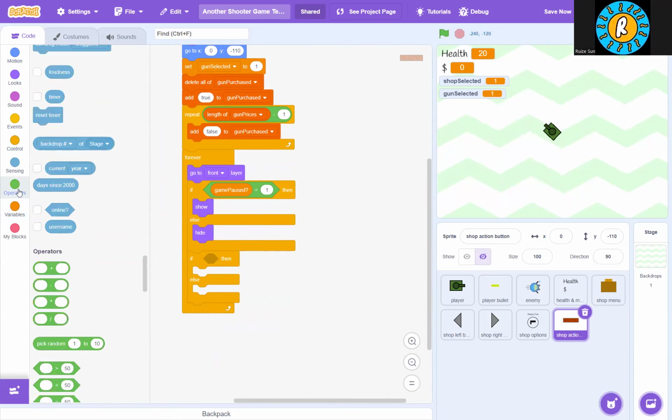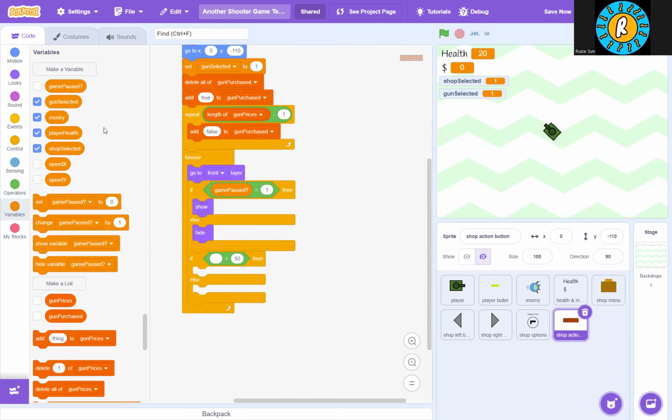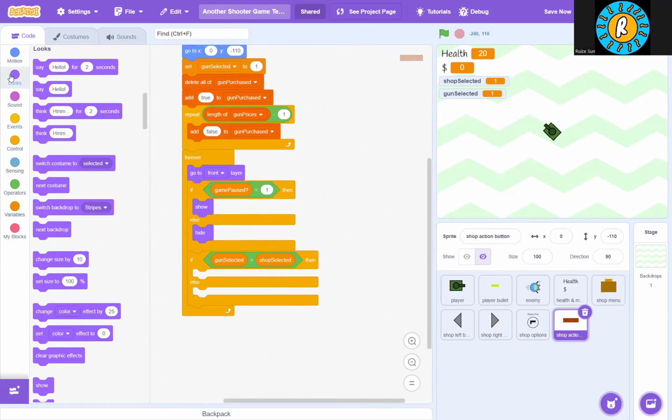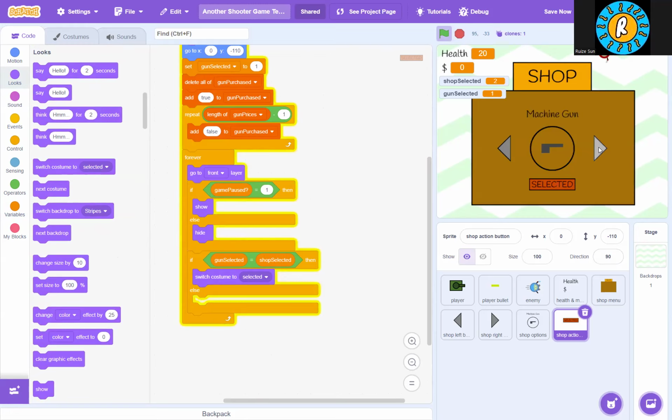Okay. So we're going to go to operators and drag out an equals comparator. And we're going to go to variables and drag out gun selected is equal to shop selected. So if our current gun that we've selected is equal to the current selection we have in the shop, then that means we're on the page in which we have our gun that is selected. Therefore, we're going to go to looks and switch costume to selected. And then else,